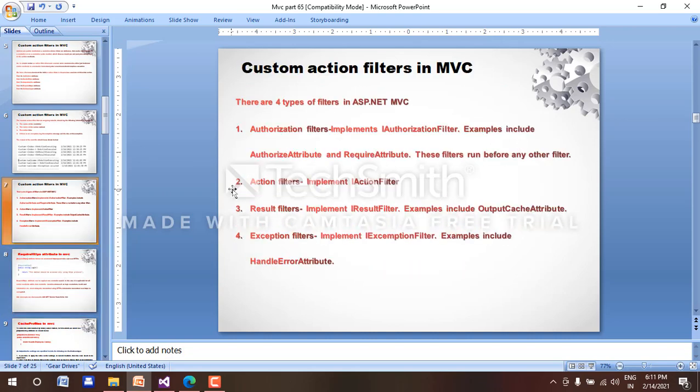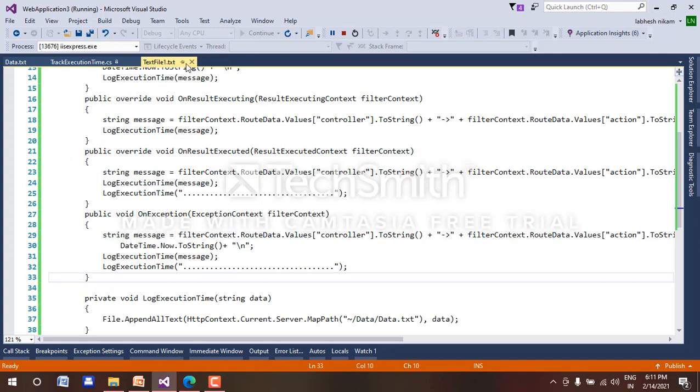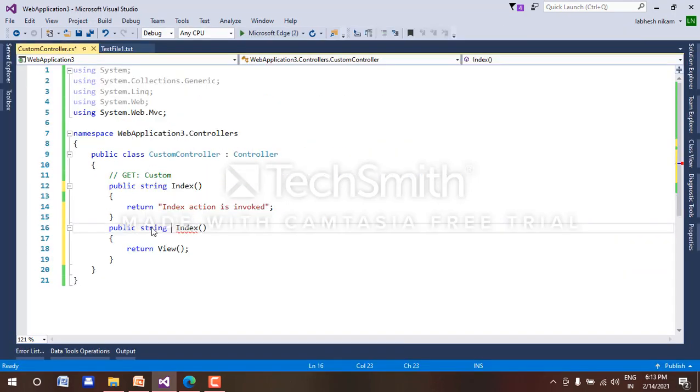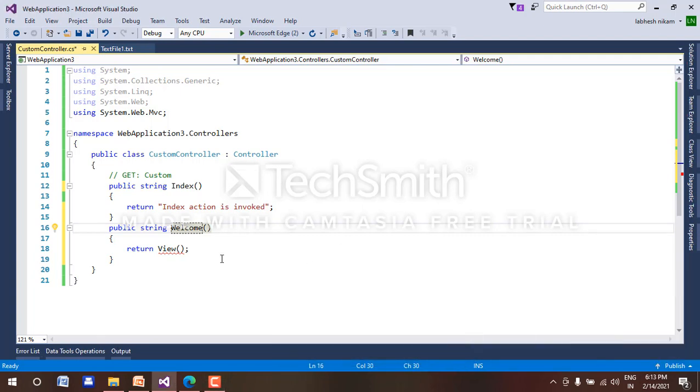To create log files, let's flip to Visual Studio and create the files. This Welcome method is also a string method.